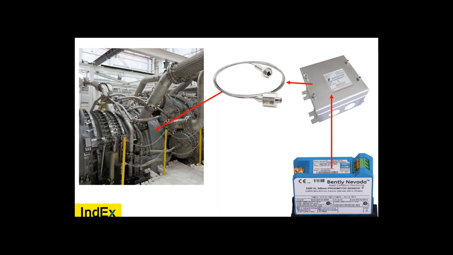What is the difference between ATEX and IECEx? IECEx is much better in some ways. ATEX is a system that removed boundaries to allow for the movement of goods within the EU. If you are using ATEX in your country, you're probably using it because your country had nothing else to begin with when it came to EX protection. So it's good you use something,